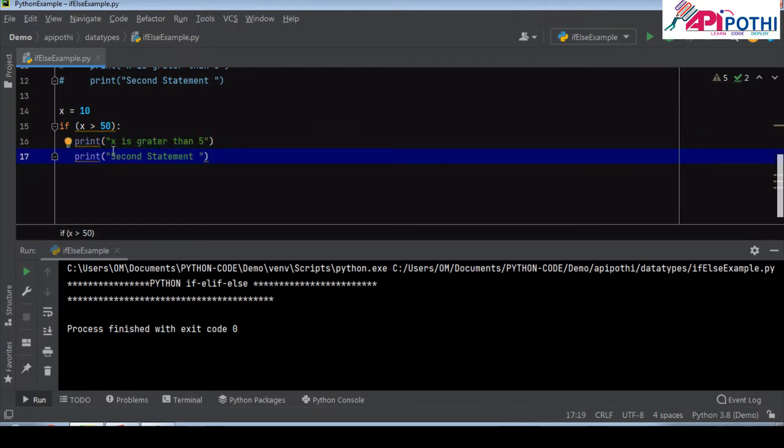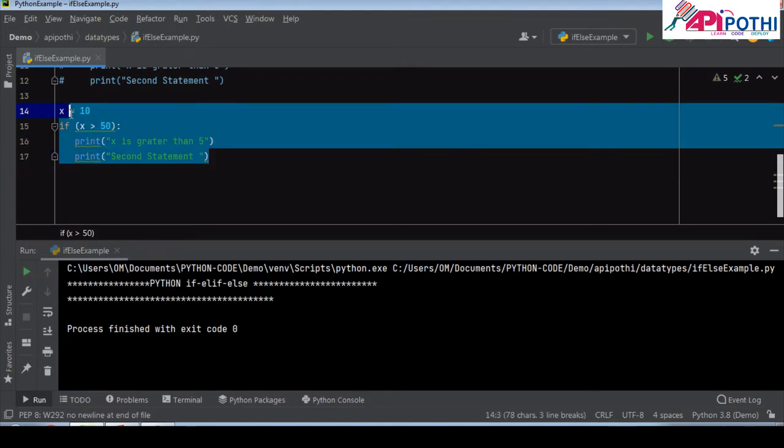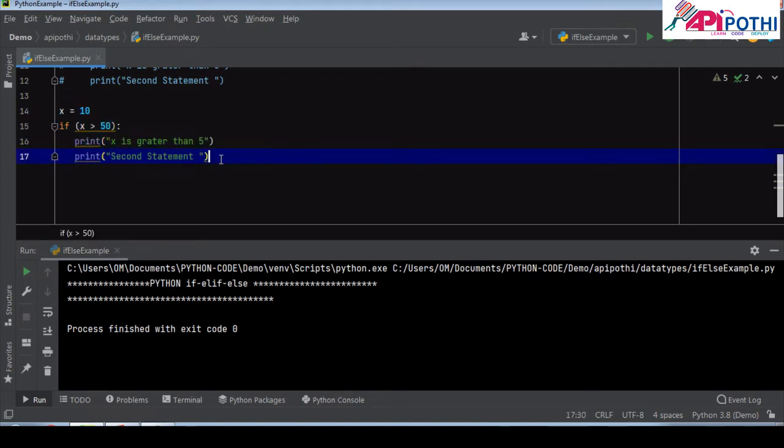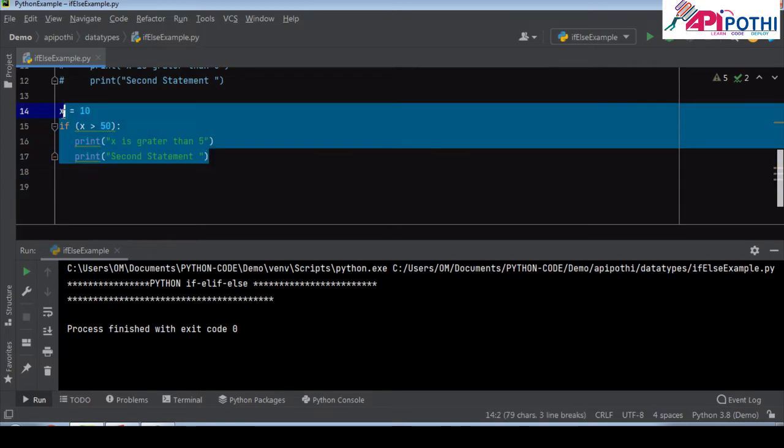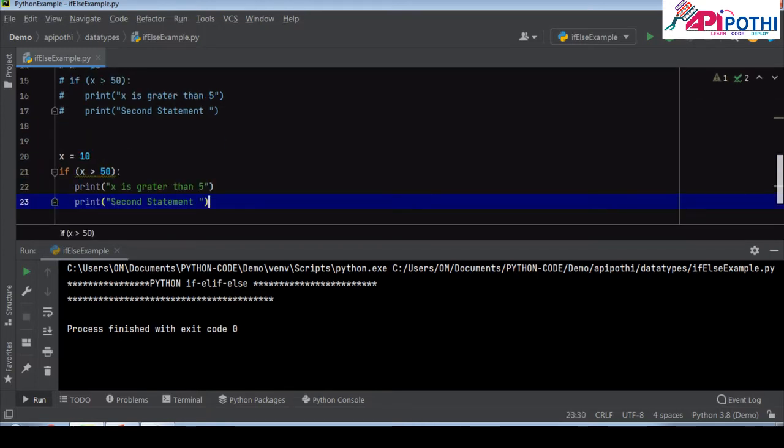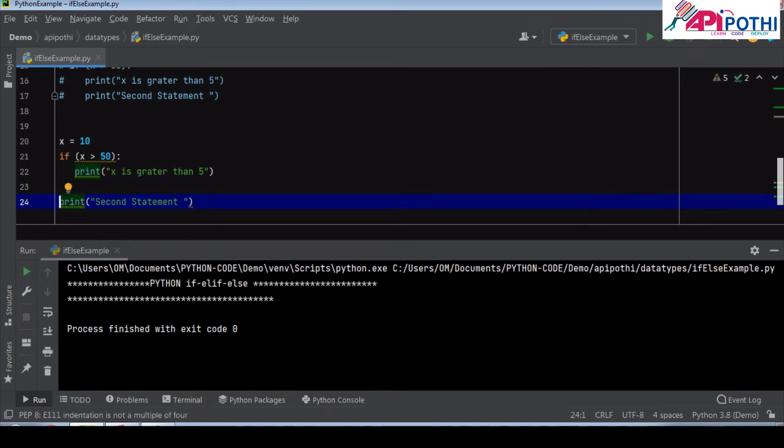Now what do you mean by all the below? What I'm trying to do is copy this one, take a backup, paste it here and comment this one. Now paste it here. Technically what is happening is 10 is greater than 50, which is false. This statement is not getting printed. Now this second statement